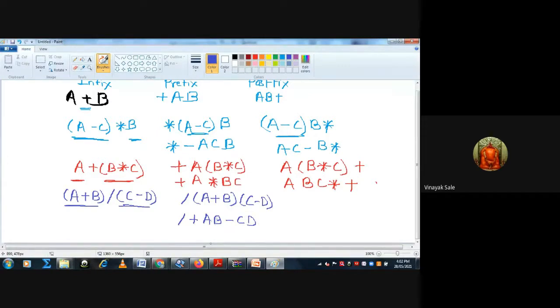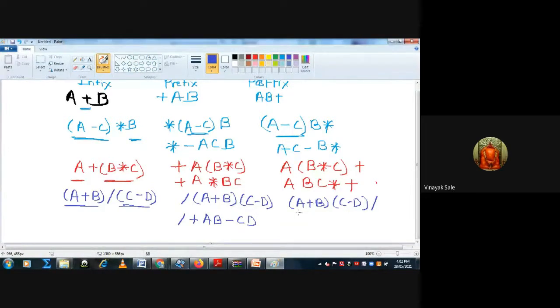Then for postfix, operands first, sorry: a plus b, c minus d, then operator divided by.